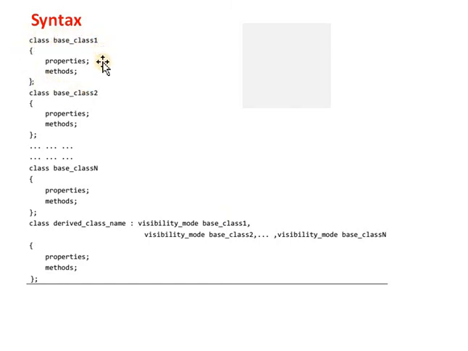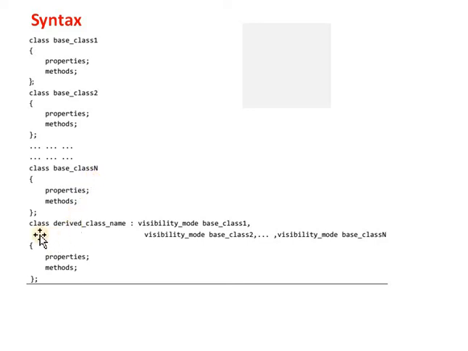Here, first we define a base class, the first base class, along with its properties and methods. Then we define a second base class along with its properties and methods. In this way, we define a number of base classes. And after completing the class definition for the nth base class, we derive a class.